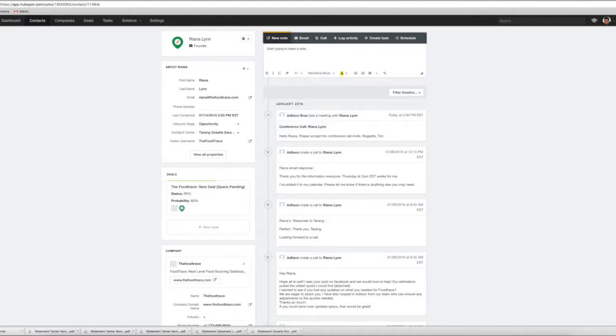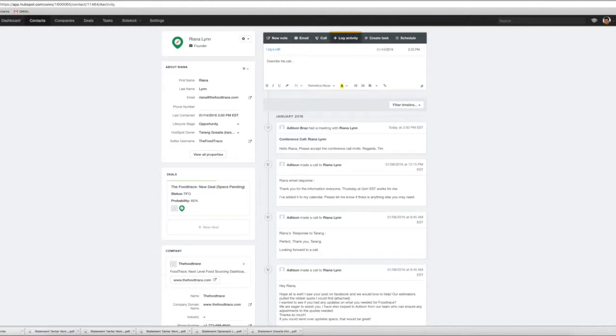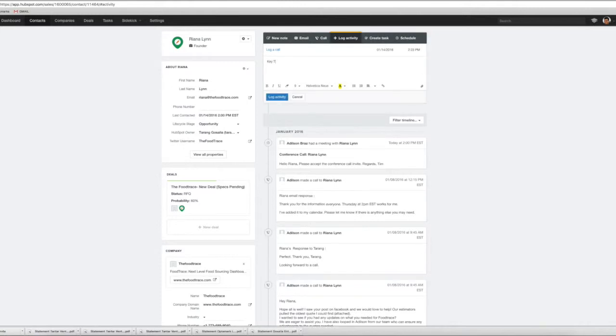So we're going to recap what happened on the call. First, I'm going to take notes of what happened on the call. So I'm going to log activity, I'm going to log the call. I had the call today. Now we just need to describe what happened. So key items, key steps. I took my notes just on pen and paper during the meeting, and I'm just copying them back in here. So number one, here are the items